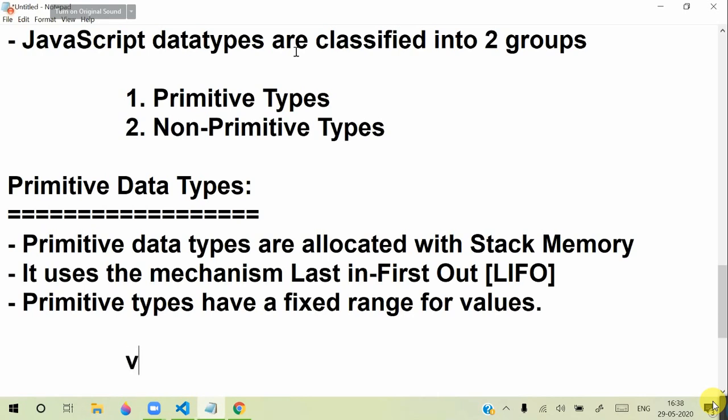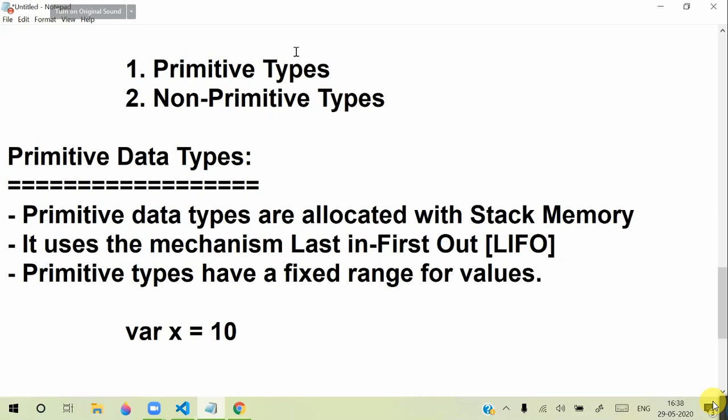Suppose I declare var x equal to 10. Now, if anyone asks how many numeric digits this x can accept,